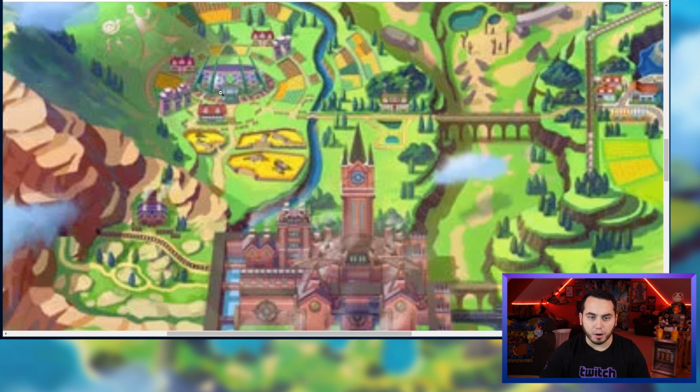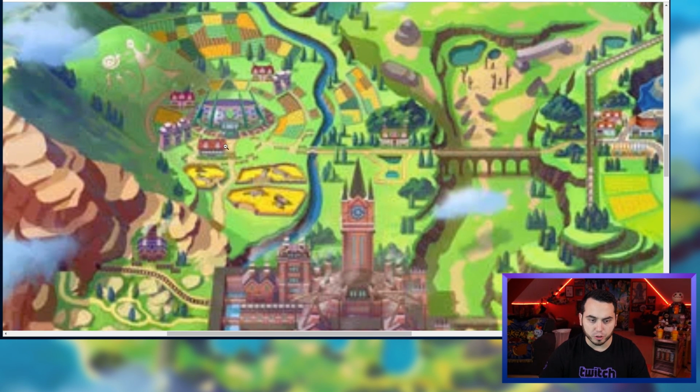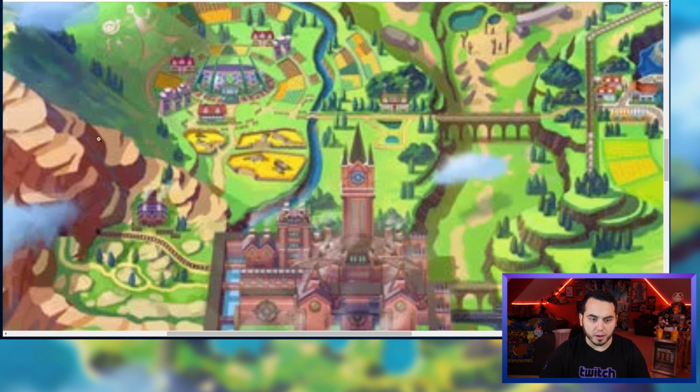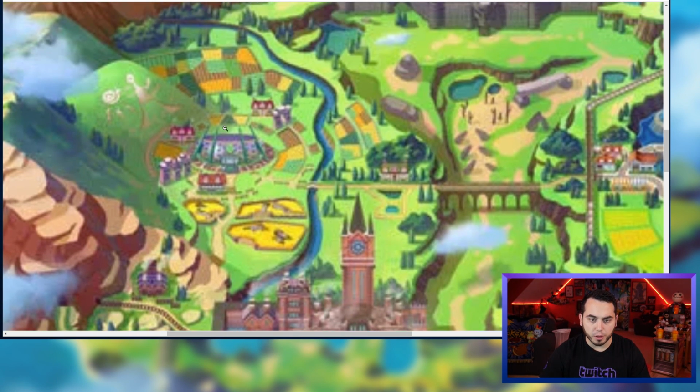But I think you really do take this train line and it comes up this way, and it would make sense that Milo is one of the first gyms, or the first gym, which is all the way up here. So again, you have to go all the way through the mountain, and then you come out here, or maybe you